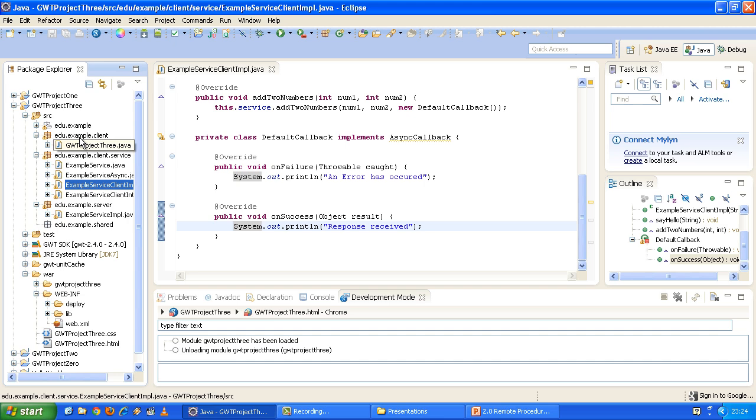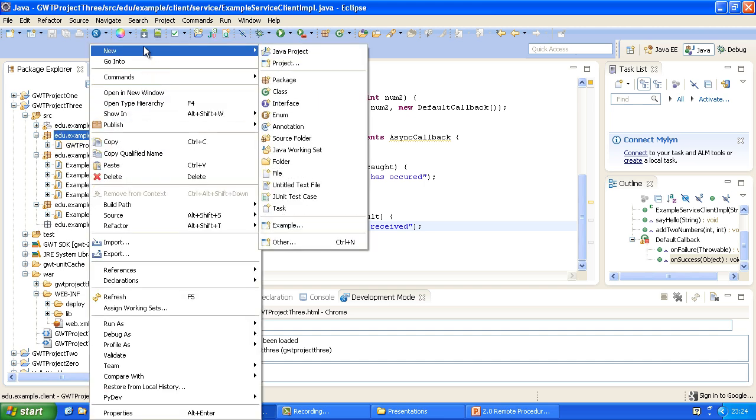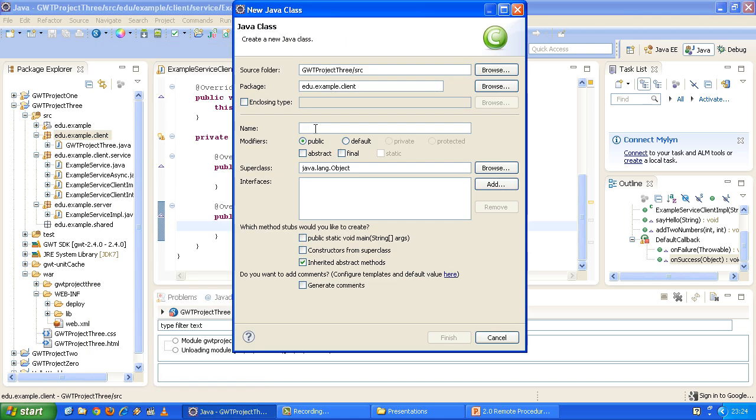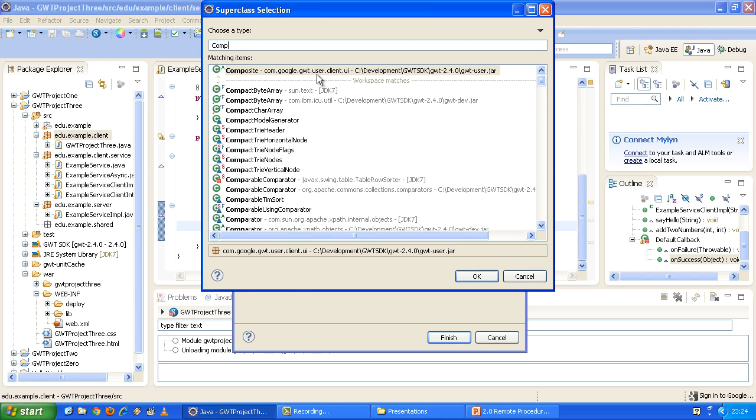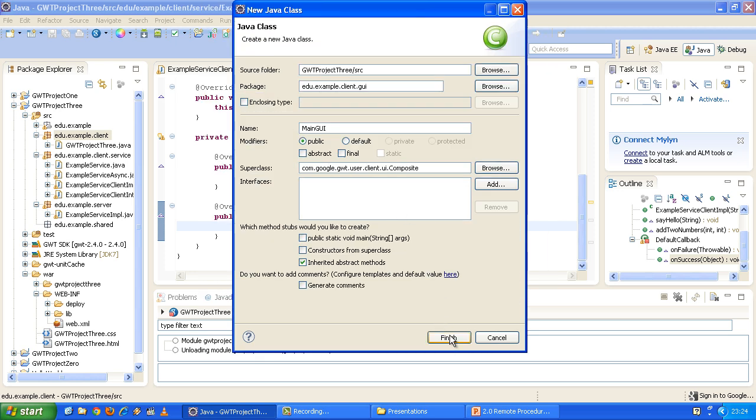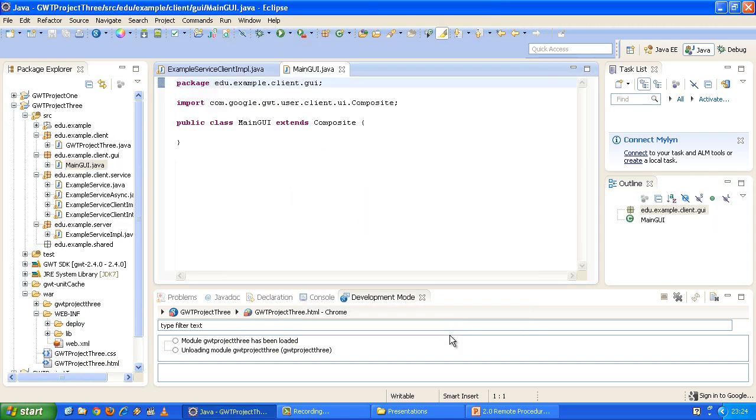In this case, well, I'll explain that in a moment, but let's first create a simple GUI class in a separate package GUI, and I'm simply going to call this main GUI. And I'm going to extend the composite class again, as I have elaborated on a lot in previous tutorials. So inside this main GUI,